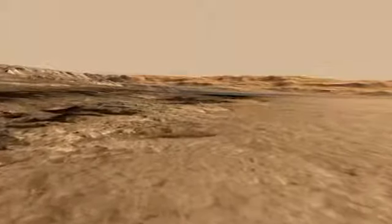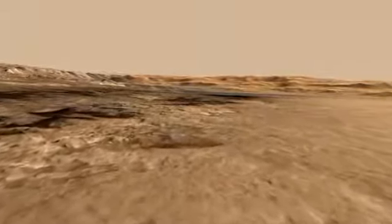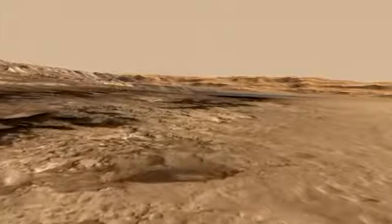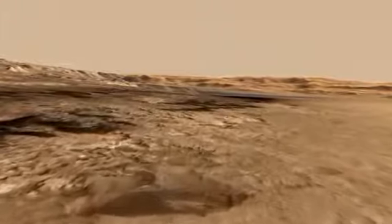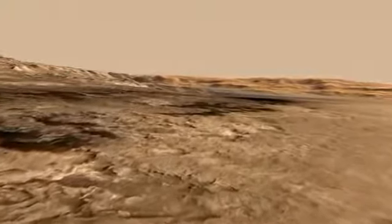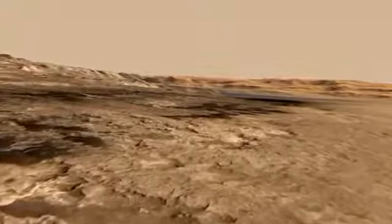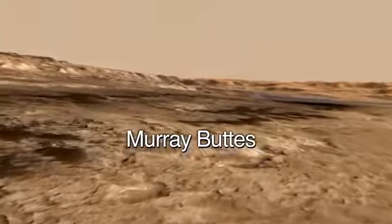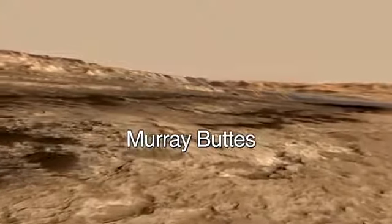We would guess that sometime towards the middle of 2014, we will arrive at this place where there's a break in the sand dunes. It's a place that's special to us because it represents interesting geology, and the topography is also interesting. We call it Murray Buttes, named after Bruce Murray, who was a pioneer in the field of planetary